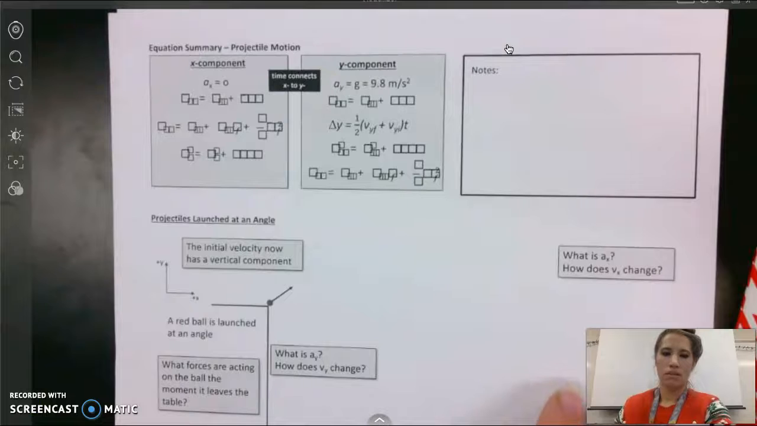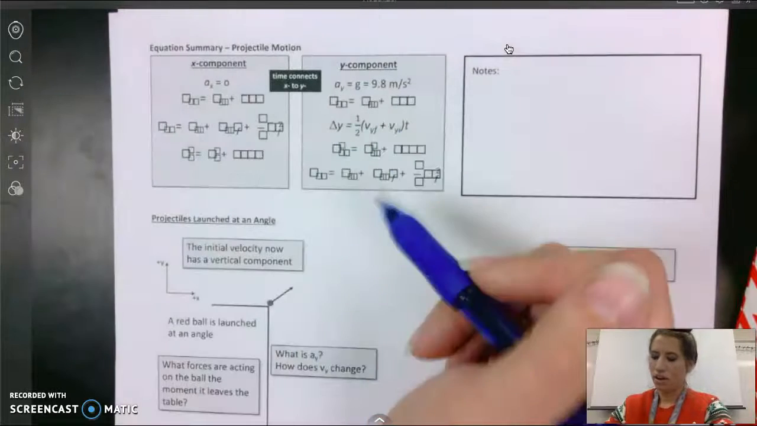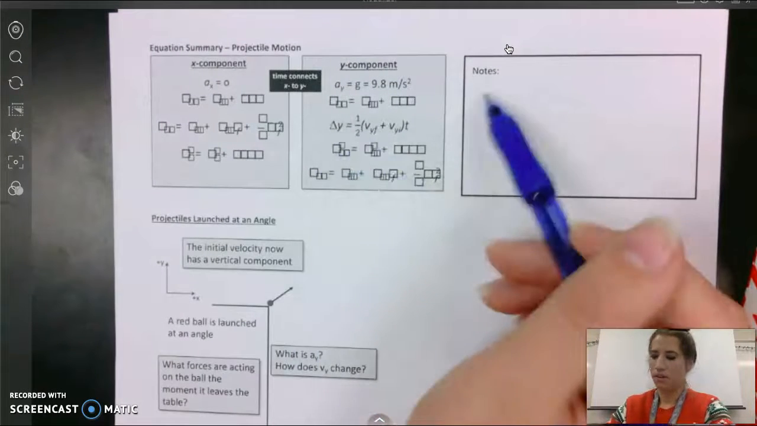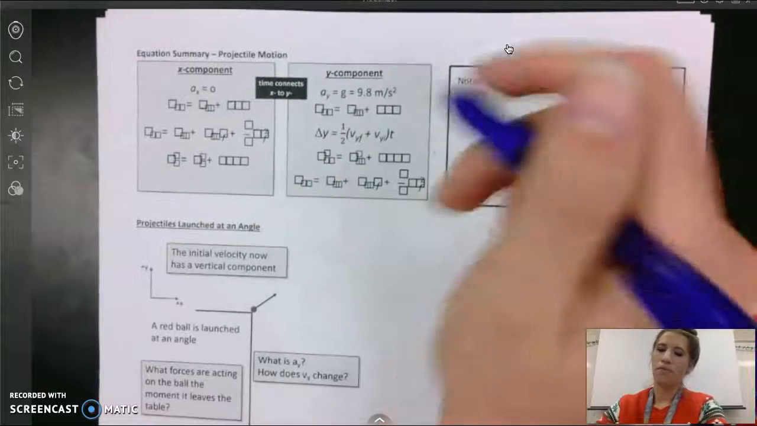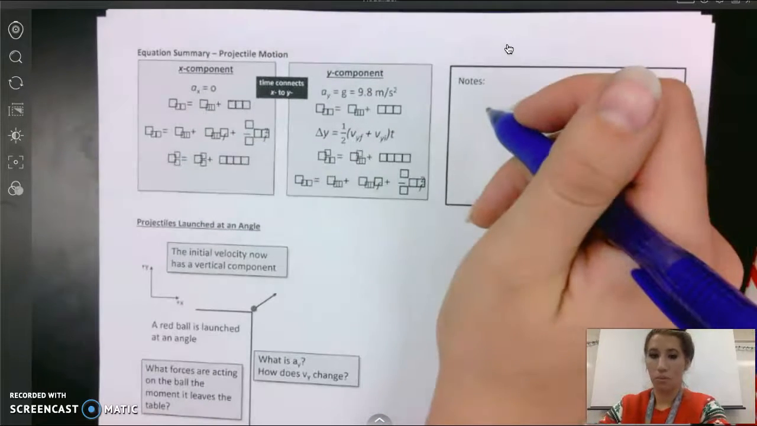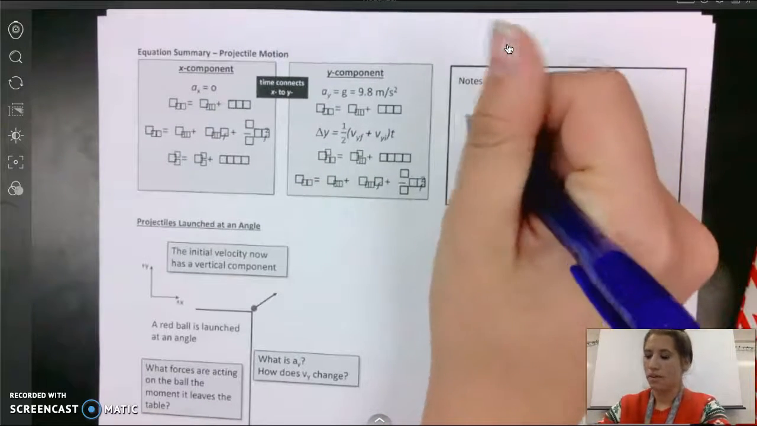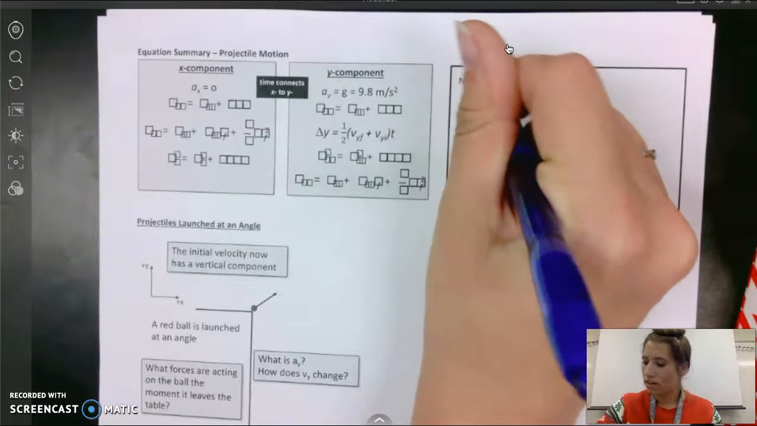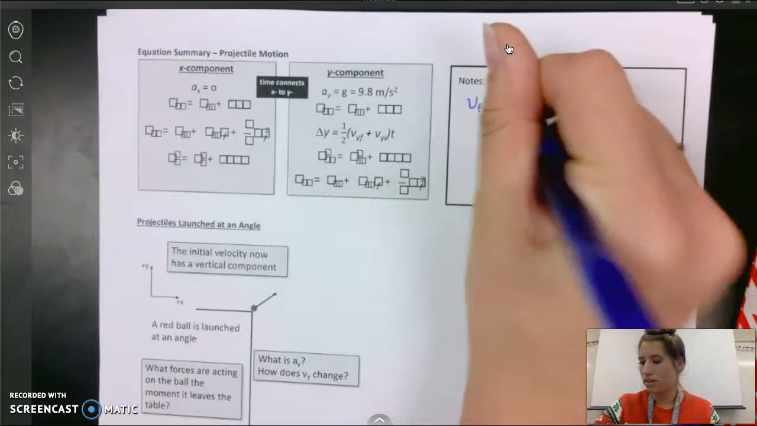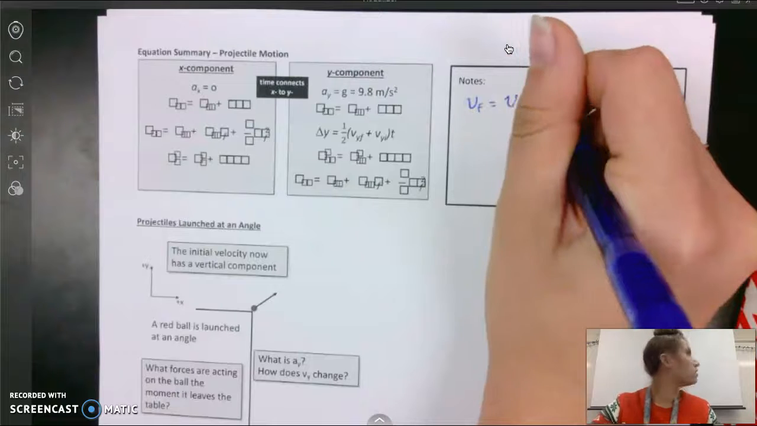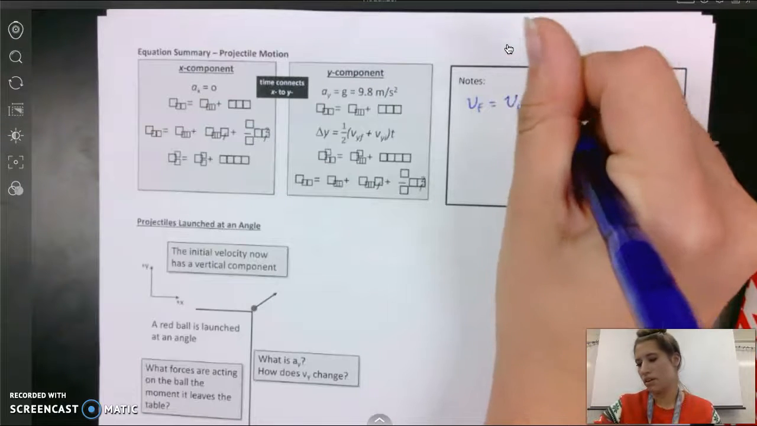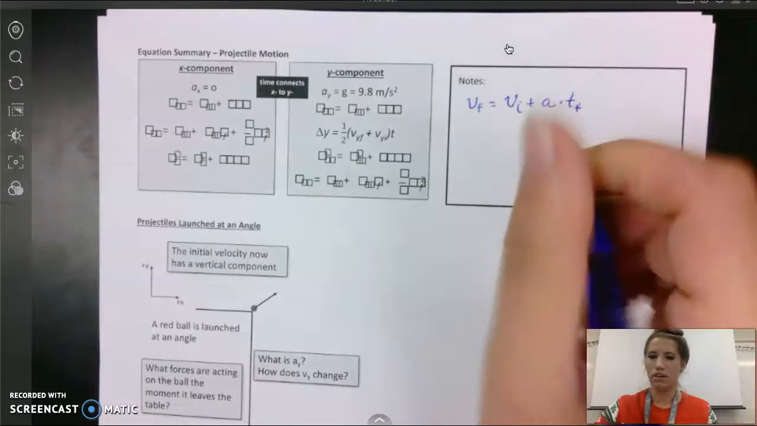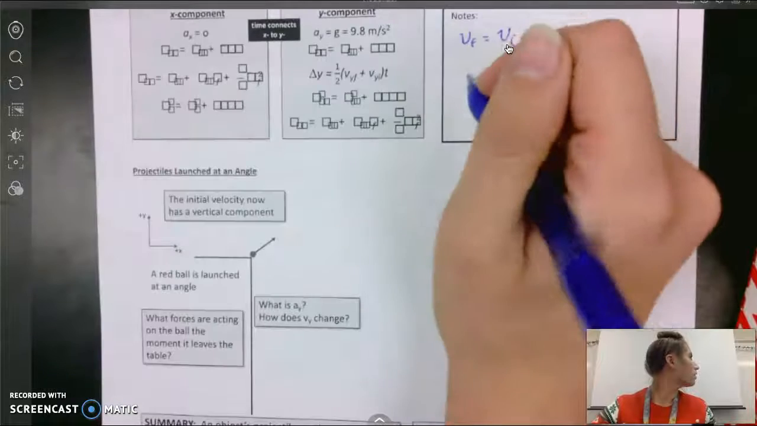Now, a couple things to keep in mind. Sorry, this didn't print really well. Let me write it off to the side. We have 4 kinematic equations that we're going to be working with, and I have them written down. So we have velocity final equals velocity initial plus acceleration multiplied by time final. That's our first one. And then our second one,